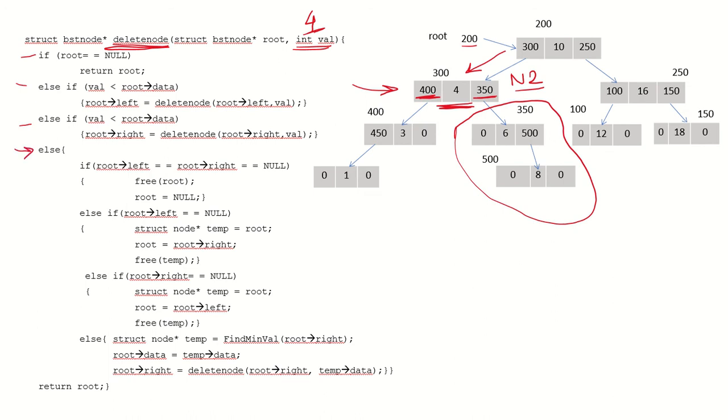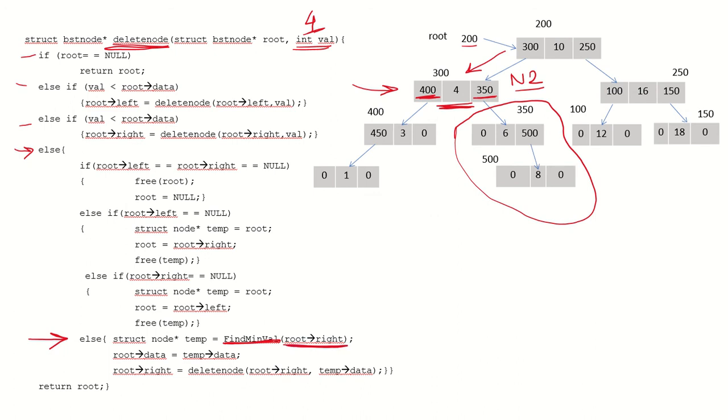Since this node has 2 children, we are at this statement. Here the left child and right child both exist. So we are going to write another function which will find the minimum value in the right